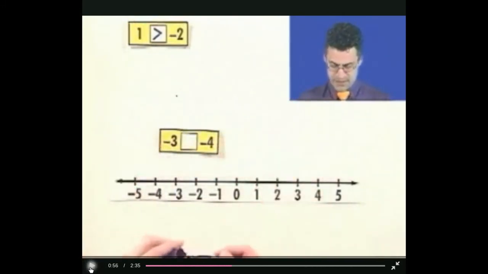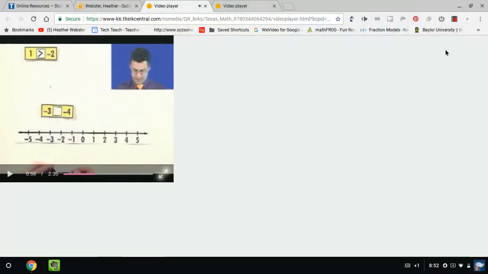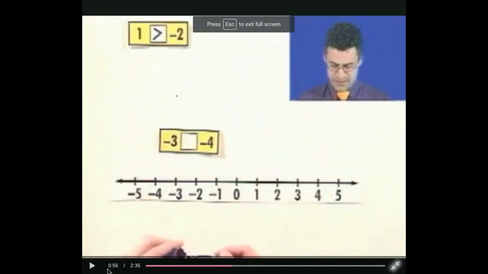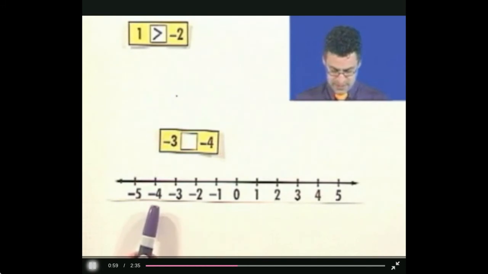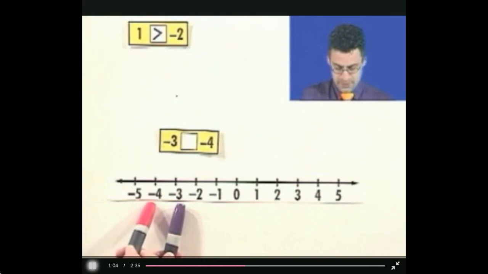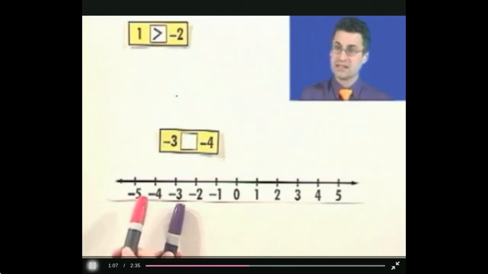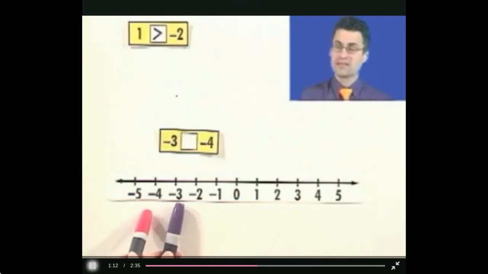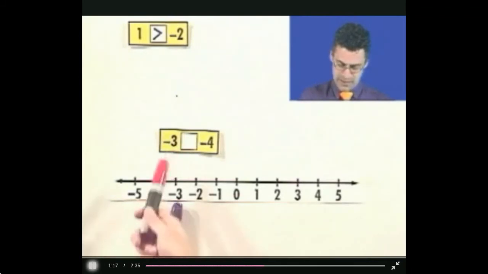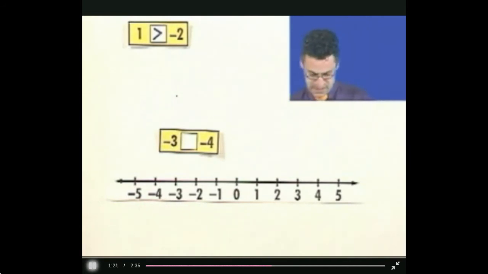Let's compare -3 and -4. So let's check it out. So here's -3, and here's -4. And since -4 is to the left of -3, then -4 is the smaller one. The number that's the most left is the smallest. So therefore, I see that -3 is larger than -4. So I'd write this as -3